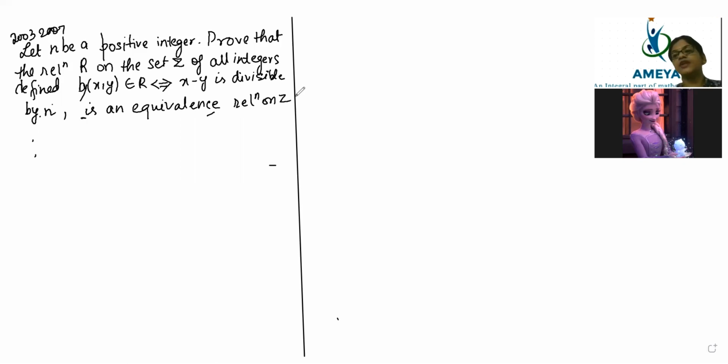So exactly when they say prove, they are not asking you to tell whether it is an equivalence relation or not. They are telling you to prove that it is an equivalence relation. So definitely when it is written like this, you are 100% sure that it is an equivalence relation. Now everything is in your hand, how to represent it. Writing is totally yours. Present it nicely.